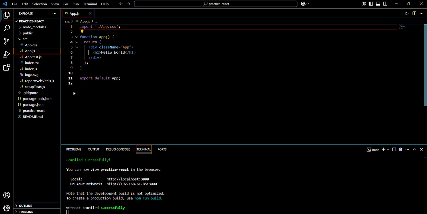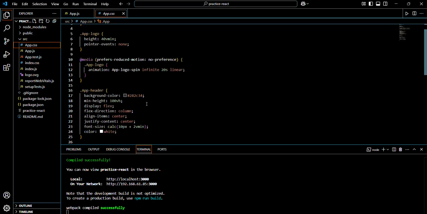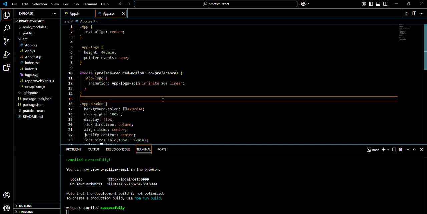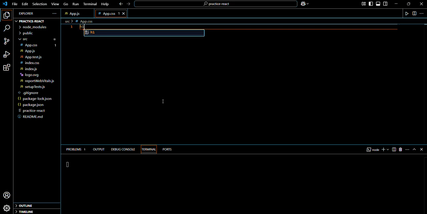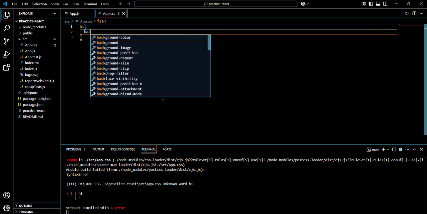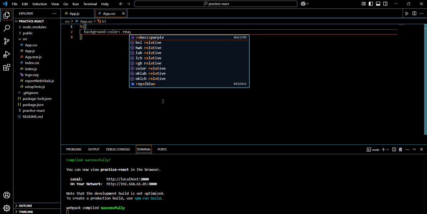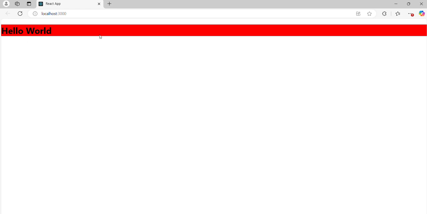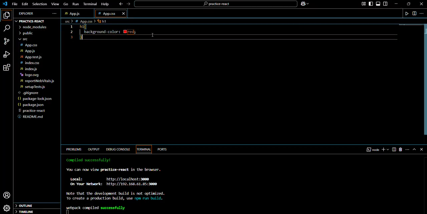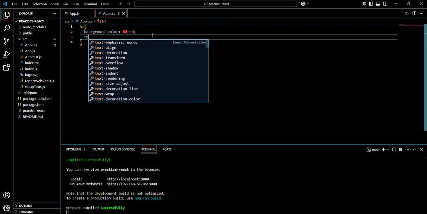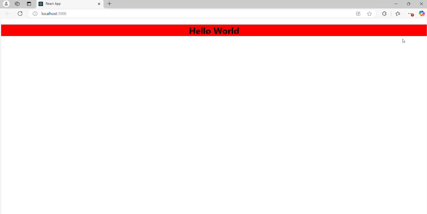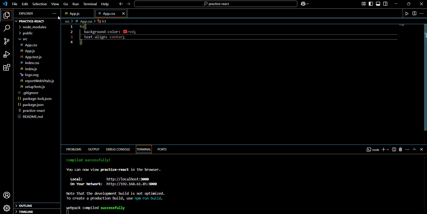So let's add some CSS style to it. This is the pre-written code for CSS. So we will write h1. Let's give it a background color of red. Why red? Because we can see the changes. So as you can see, we have red. So let's center it. Text align center. Okay, now our hello world is in the center. We can edit